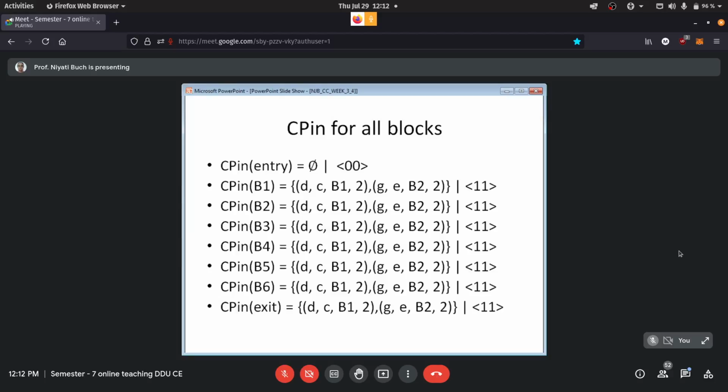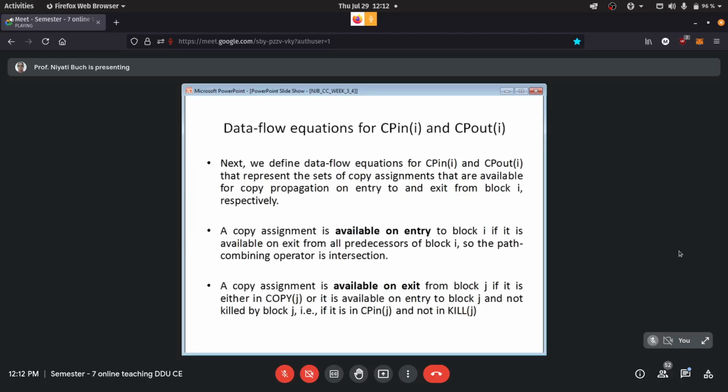Fine. Now I will be discussing the data flow equations for CP in and CP out. I hope this idea is getting cleared, because we are looking at global application of the algorithm, so we will have to maintain this CP in and CP out.